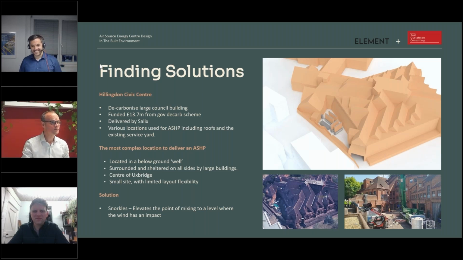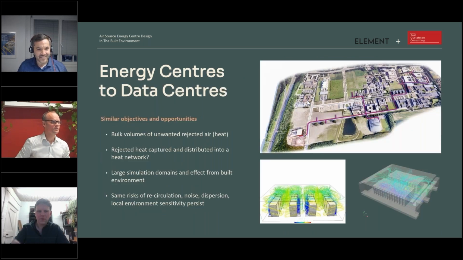So I'm just moving on. We have this link to data centers really, and there's an image in the top right there, which is a research park, and this is a feasibility study that we did where the heat from a data center is put into a network of pipes to be upgraded and used for the research park. That isn't always sensible or possible for either legal, technical, or financial reasons. And sorry, I should have mentioned, the building in the bottom left there is a 2 megawatt data center, turning out 2 megawatts of heat continually.